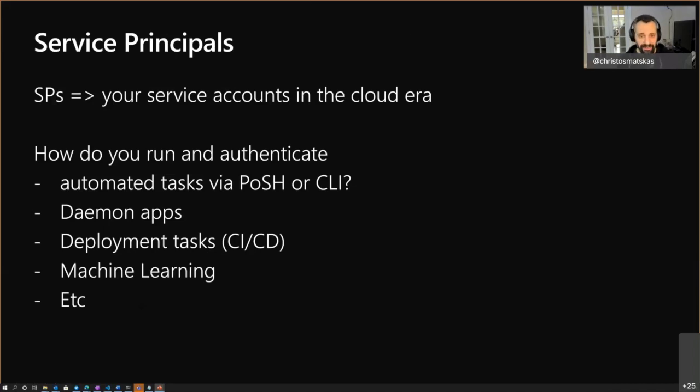You can use them for CI/CD. I will show you today how to use them. And then we have machine learning and every other service that supports these capabilities. So you can write, let's say, a Python task and upload it into a service and run it under that service principal, and it will only have certain permissions, which I love.